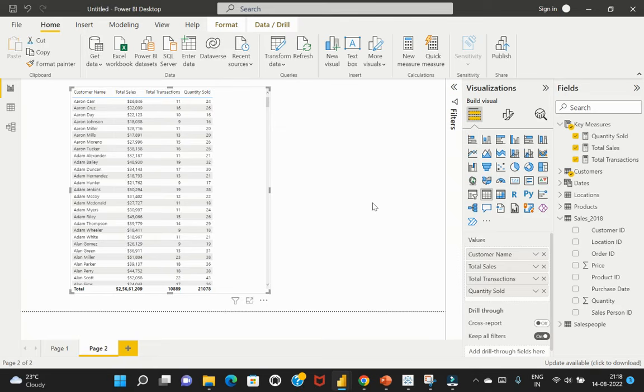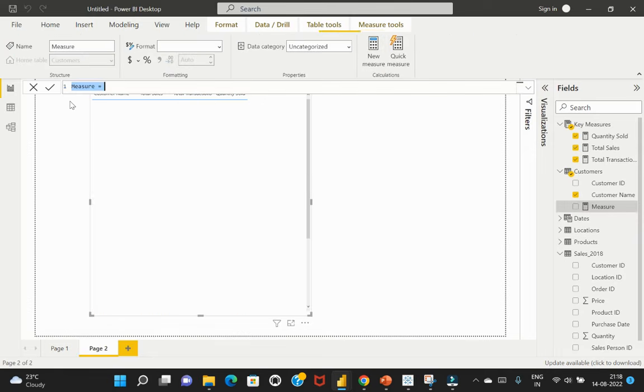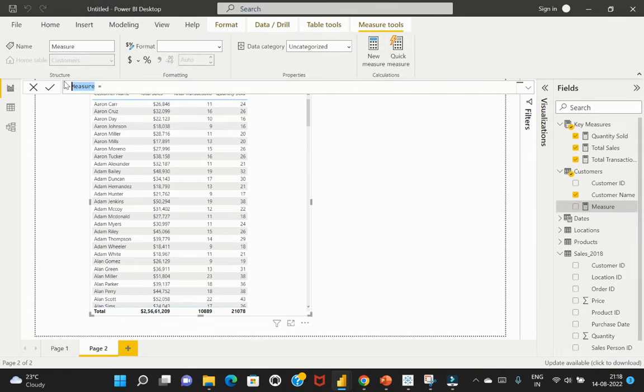Now let's try to calculate the total cost. Since we already have the total sales, let's calculate the total cost based on the product and the quantity. So how do we do that? I'll create a new measure again. I'll call this measure total cost,